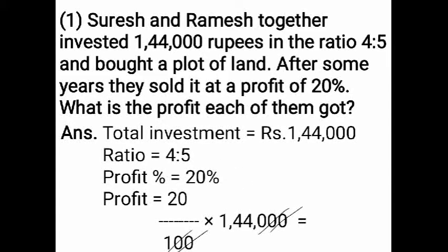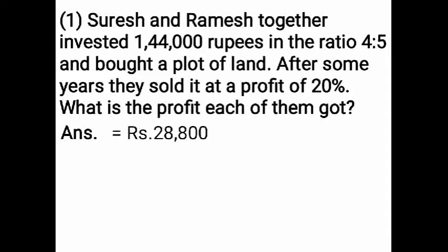First you have to count the zeros. How many zeros are there in the numbers 1440 and 20? Two zeros are there, one here and one here. Two zeros you have to put, and then multiply 2 into 144. 4 twos are 8, 4 twos are 8, 1 two is 2. When you multiply 144 into 2, you get 288. And if you put two zeros, the answer is rupees 28,800. This is the easiest way to multiply, only if zeros are there.